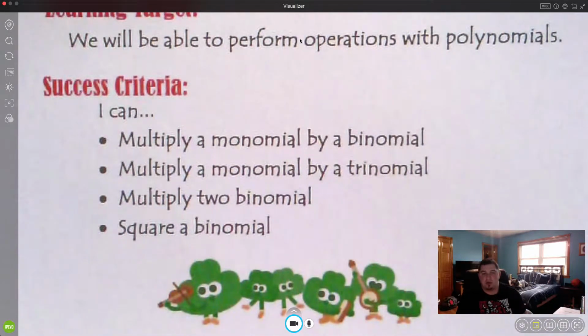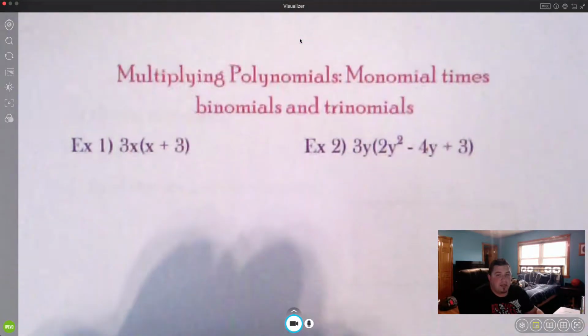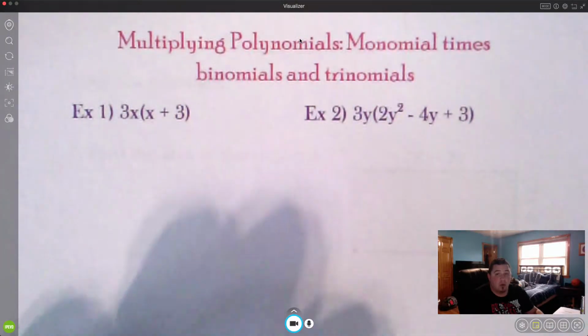a two term. All terms are separated by a plus or a minus. We're going to be able to multiply a monomial by a trinomial. We're going to be able to multiply two binomials, and then we're going to be able to square a binomial. Okay, so we're going to start off with looking at examples on how to multiply monomial times either a binomial